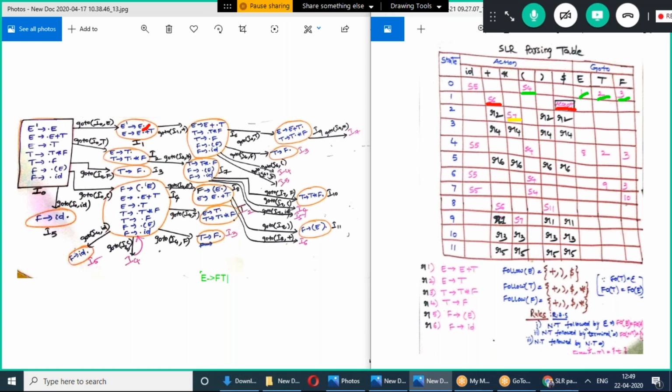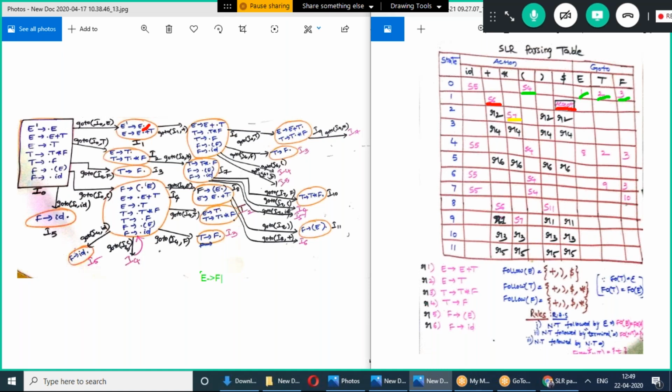If we want to find the follow of F here, then see, in E tends to FT, F is followed by T. T is a non-terminal. In that situation, we need to find the first of T, and that first of T is the follow of F. That is one rule.